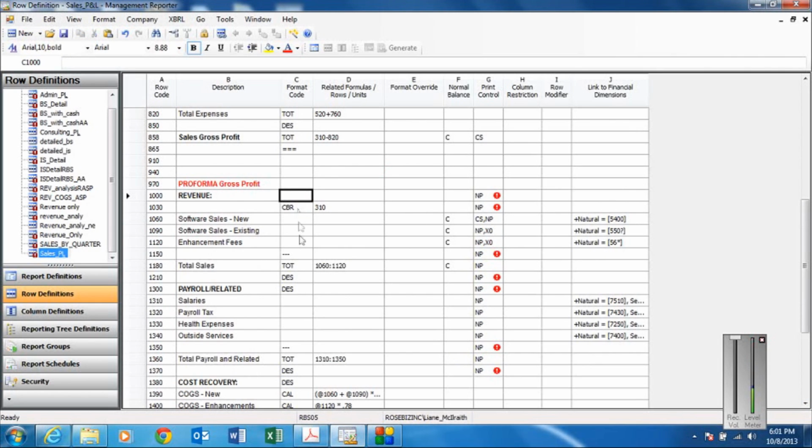You want to leave the CBR. I'll talk about that in a moment. You're going to click on the underscore that has an error, and you're going to delete that. And then we're going to delete the DES here and the DES on this non-printing one and on this non-printing one. And if we go back up to the top here,